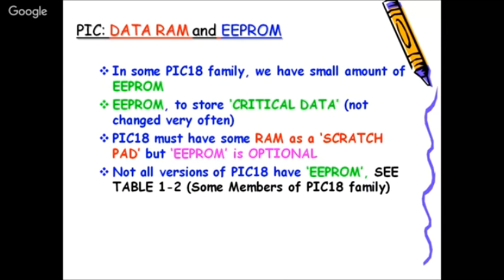अच्छा, कुछ फैमिली में स्मॉल अमाउंट ऑफ EEPROM भी है, इलेक्ट्रिकल प्रोग्रामेबल रीड ओनली मेमोरी। फ्लैश जैसे आपका कोड स्टोर करने के लिए यूज होता है, ये EEPROM टेक्नोलॉजिकल वाइज ऑलमोस्ट सिमिलर है, बट ये पर्टिकुलर कोर आपके वेरिएबल स्टोर करने के लिए है। जैसे कुछ प्री सेटिंग्स वहां पर स्टोर होंगी। क्रिटिकल डेटा जो नॉट चेंज वेरी ऑफन, और ये रीराइट भी होगा। रॉम में एक बार प्रोग्राम फिक्स कर दिया तो वही हो गया, बट प्रोग्रामिंग के थ्रू ही आप EEPROM में कुछ प्री सेटिंग्स चेंज कर सकते हो।